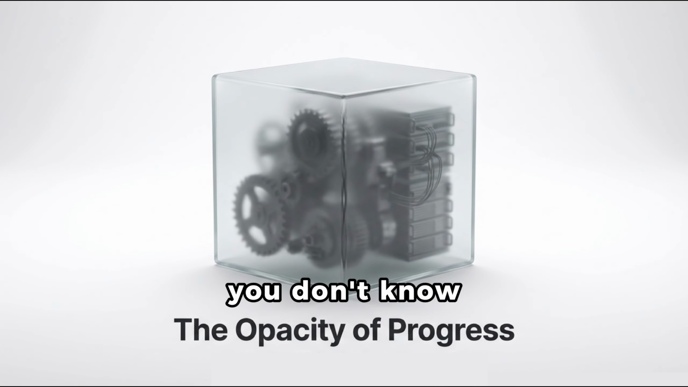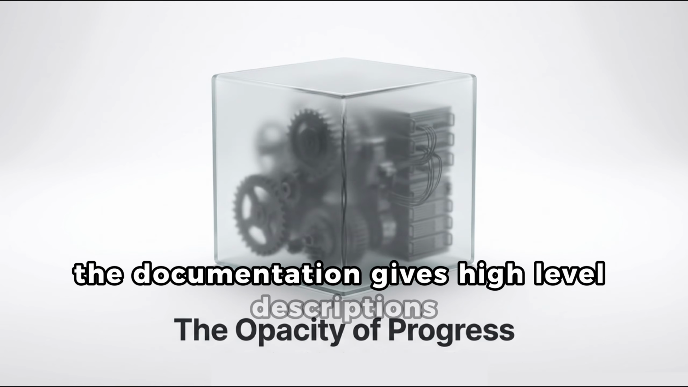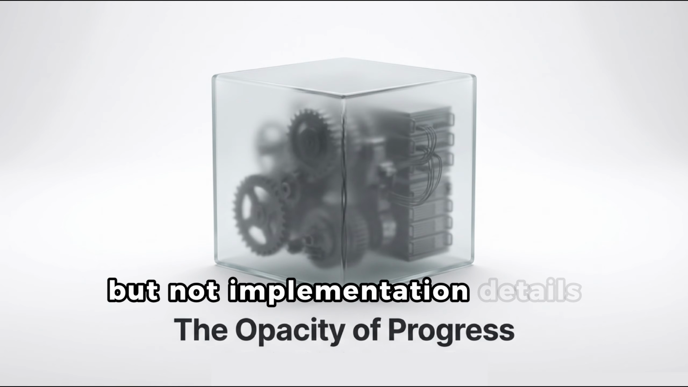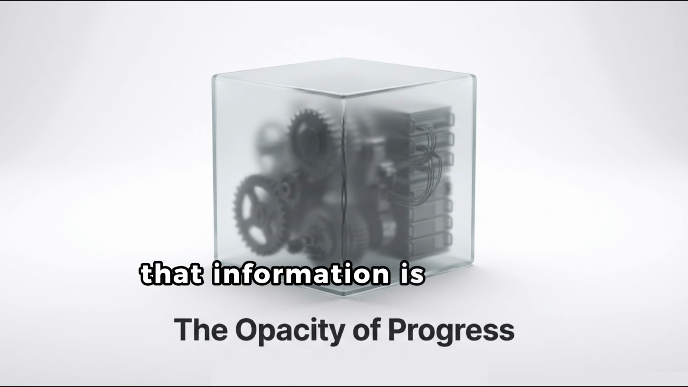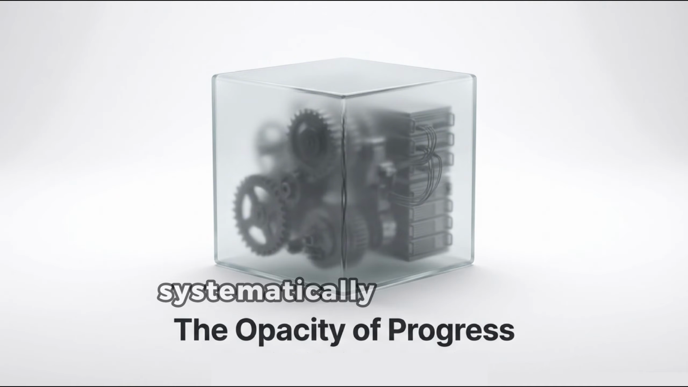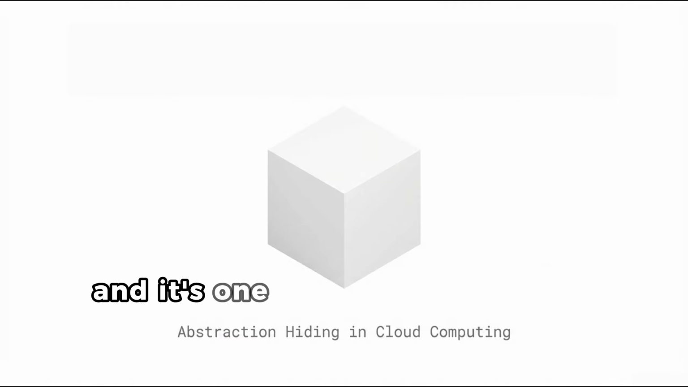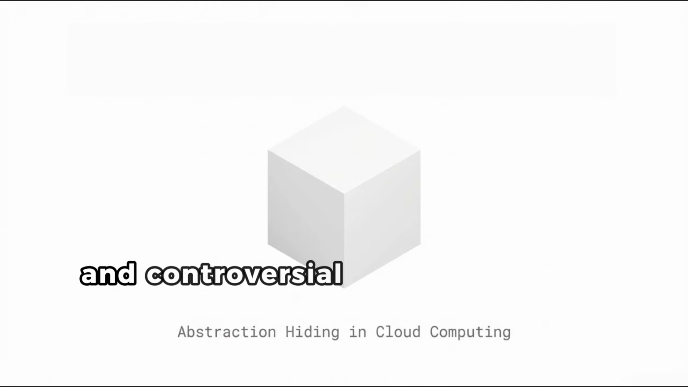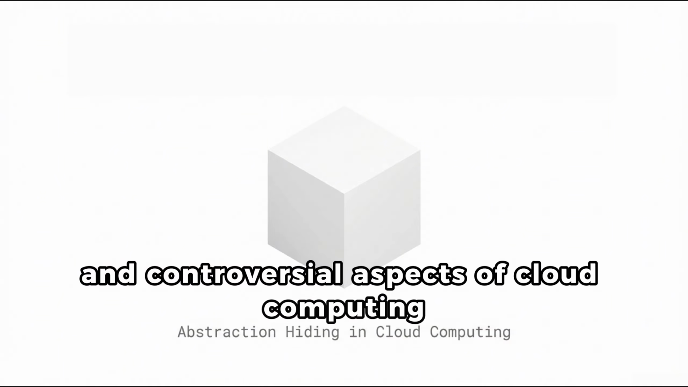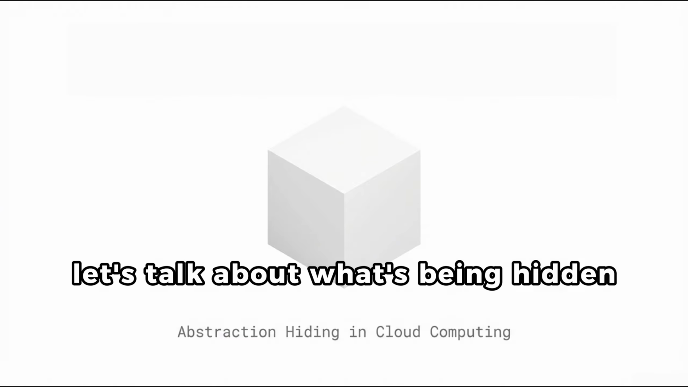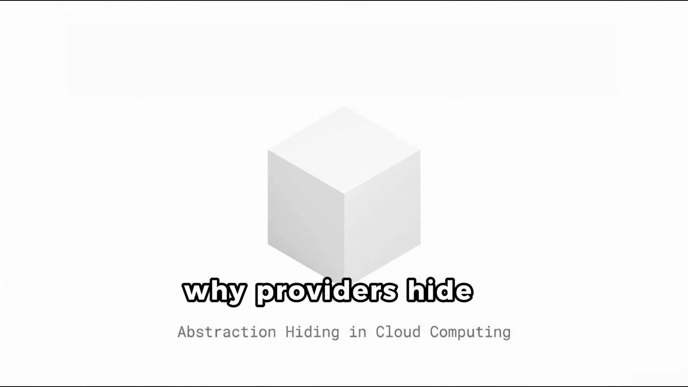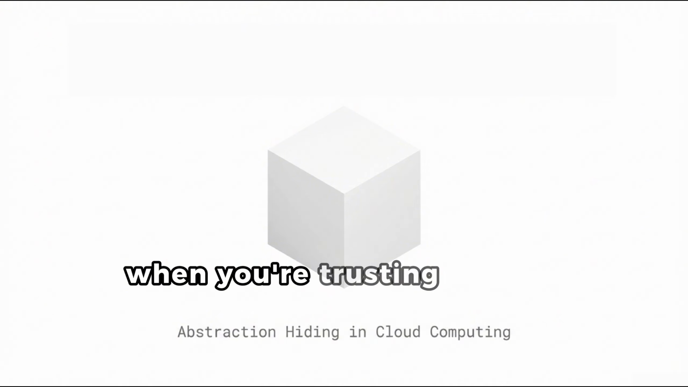You don't know. The interface doesn't tell you. The documentation gives high-level descriptions, but not implementation details. That information is hidden, deliberately, systematically, by design. This is abstraction hiding, and it's one of the most powerful and controversial aspects of cloud computing. Let's talk about what's being hidden from you, why providers hide it, and what that means when you're trusting hidden